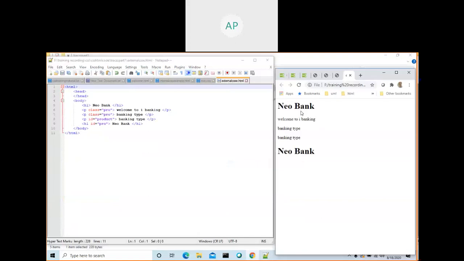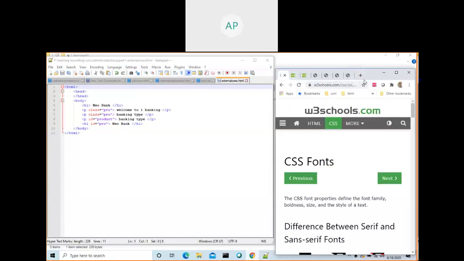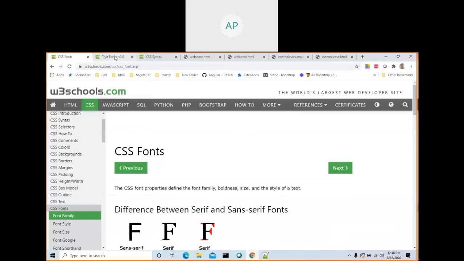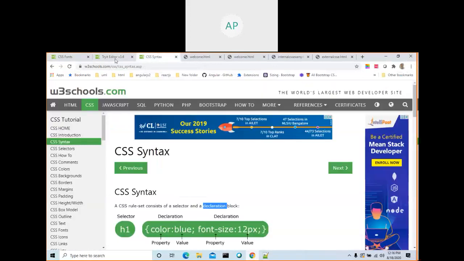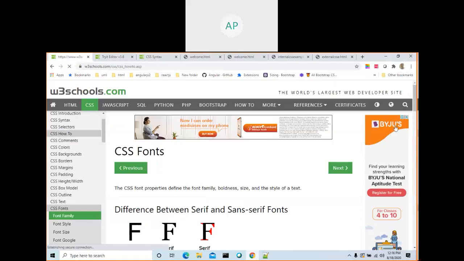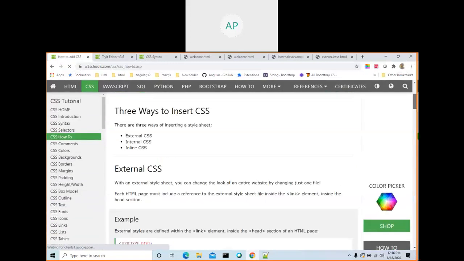See, this is the output. We will apply CSS to this one. How to apply external CSS? We saw one link tag, right? How will you apply external CSS? See, this is the one line.